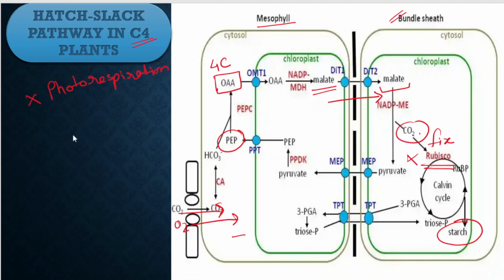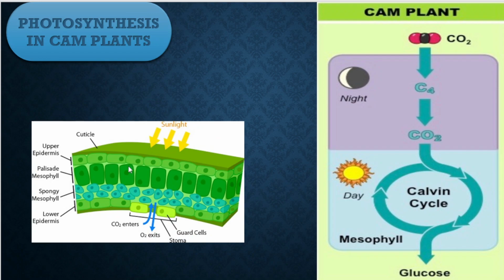And this is how the C4 plant avoids photorespiration and enhances photosynthesis. In CAM plants, when we see the anatomy, they have stomata which open only at night and close all the daytime. This opening and closing of stomata avoids the evaporation of water during the daytime, as well as these stomata open at night, so carbon dioxide enters into the mesophyll at night and is converted into a C4 molecule and stored